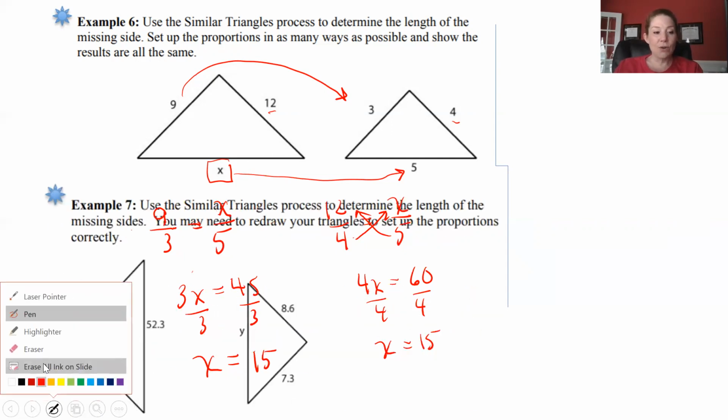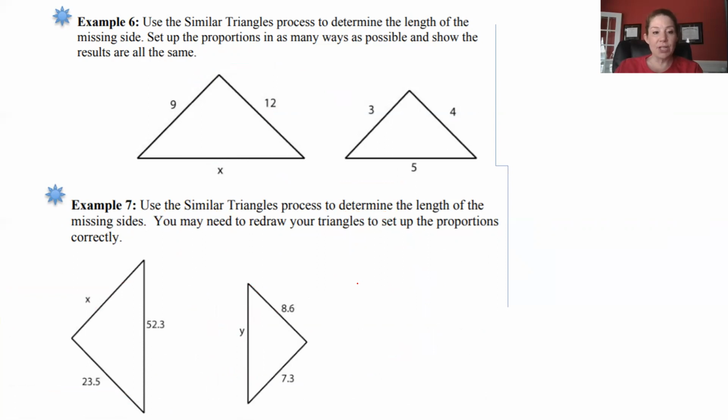All right, so let's look at example 7. We're going to use the similar triangles to determine the length of the missing sides. Notice that this triangle is smaller and it's been flipped from the original. See this longest side here? We have to make sure that the longest side corresponds to this longest side, which is y. So we're going to say that